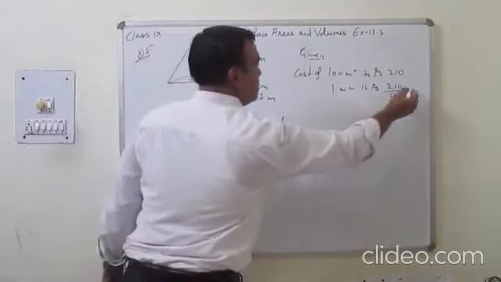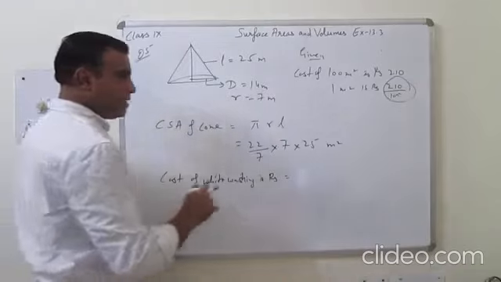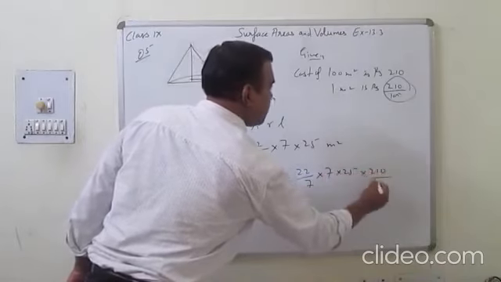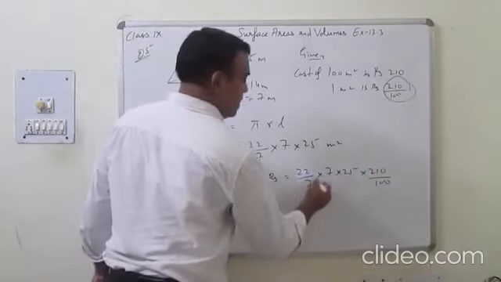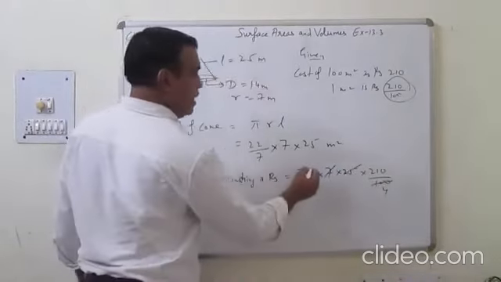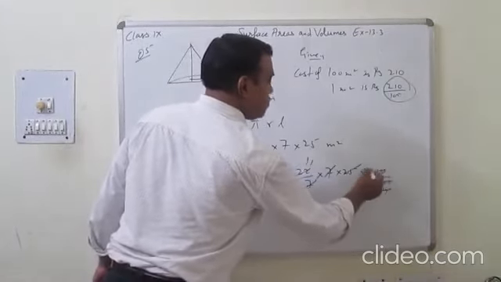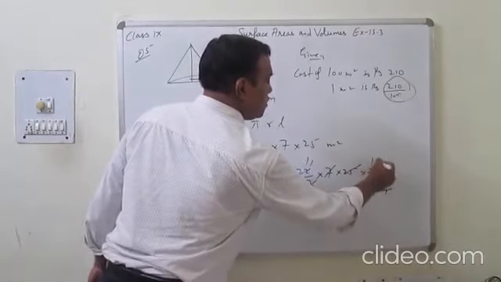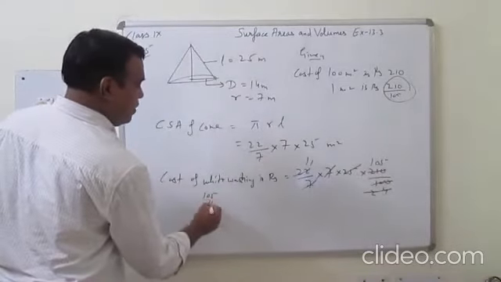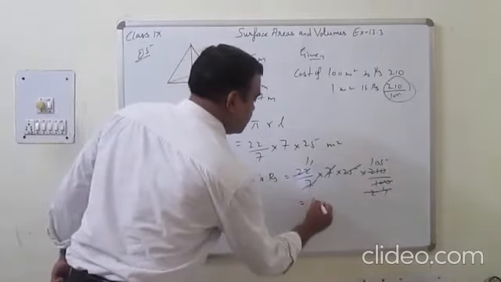कितना हो जाएगा? 1 मीटर की कितनी है? तो इतने मीटर की कितनी होगी? 210 upon 100 से multiply कर देंगे. सो 22 upon 7 into 7, 25 into 210 upon 100. This 7 cut out. This 25, 4 जा cut out, 11 and 2. इसको फिर काट दीजिए. 2 से 2, 1 जा 2, 0 105. So 11 into 105, 1155. It is rupees 1155.